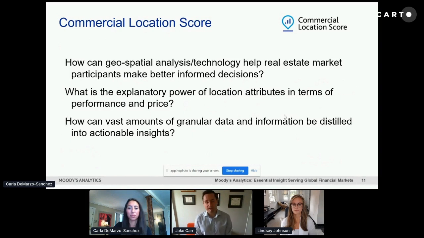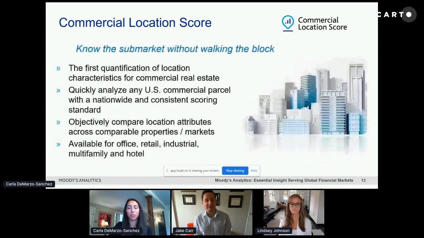And when we say market participants, we're really talking about both investors as well as lenders. And a related note, one of the things we were directly interested in was determining whether location quality, location attributes actually are meaningful in terms of explaining collateral valuation and income generating performance. And if we go to the next slide, we can say, somewhat conclusively, that we were successful in doing that. In fact, we produced what is now being sold as commercial location score.